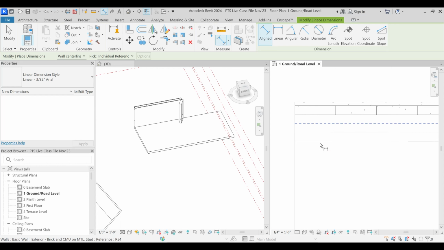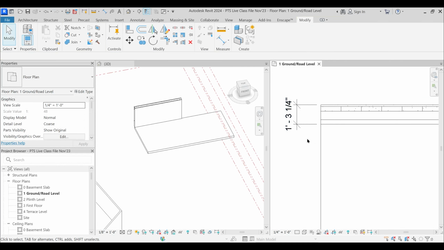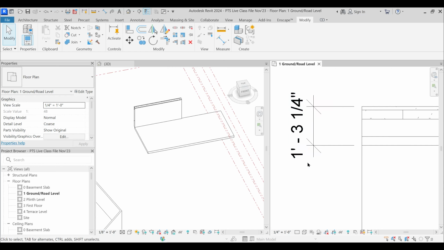But we need to measure the width of that entire wall. So what I'll do is I'll just press tab, tab, tab again, tab, tab, and what you notice is that the thickness of it is 15.125 inches. Okay.